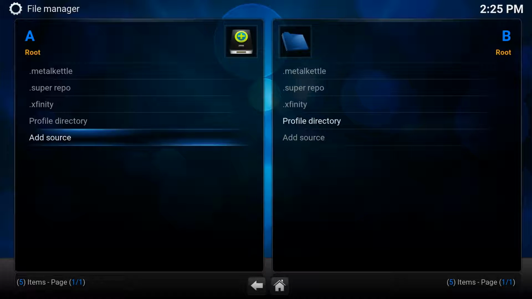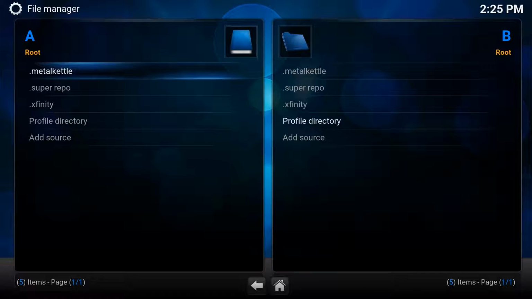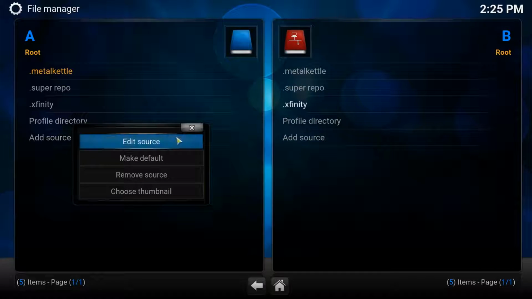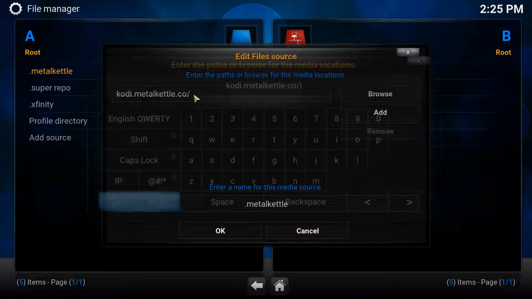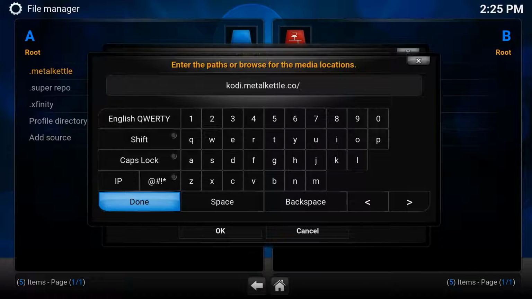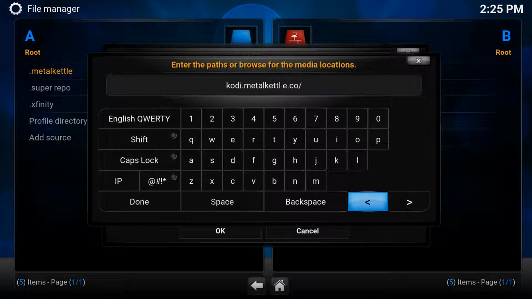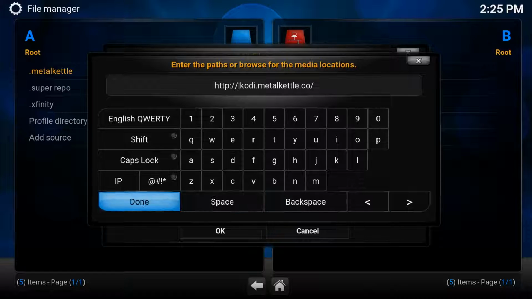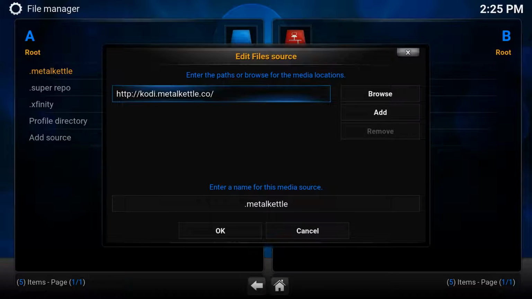Yes. It looks like I may have messed that one up, actually. If you do mess anything up, right click, edit source. Oh, basics. See? Lucky I did something like this. I forgot to put the http at the beginning. http colon double slash. I suppose it's good for fault finding, you guys. Now it shouldn't kick off.